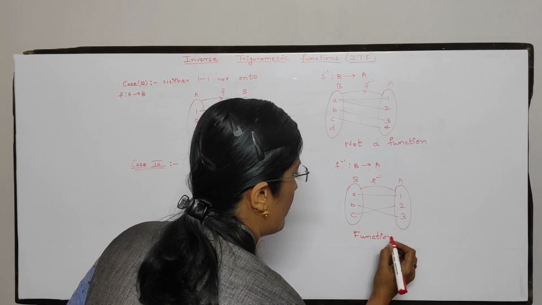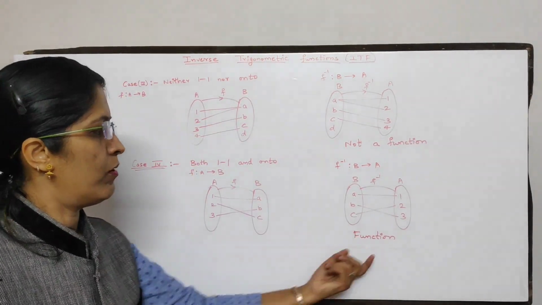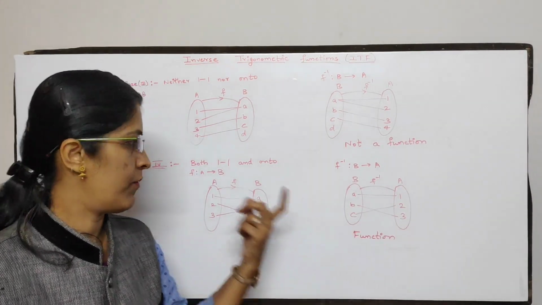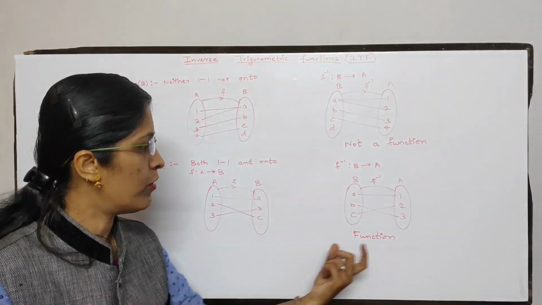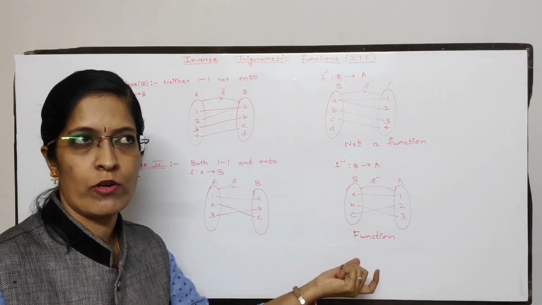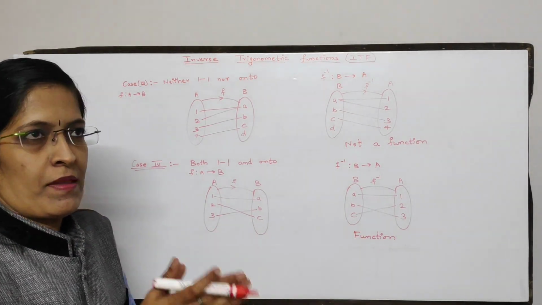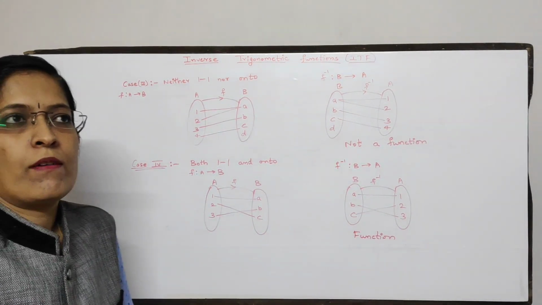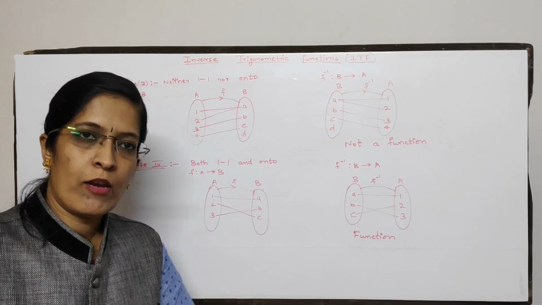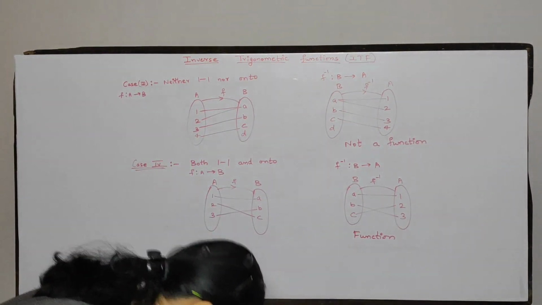So what we can conclude from this? When the function is both 1-1 and onto, the inverse exists. So we have proved that whenever we are given a function which is both 1-1 and onto, the inverse always exists. Okay. Now